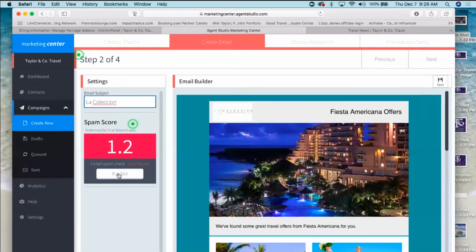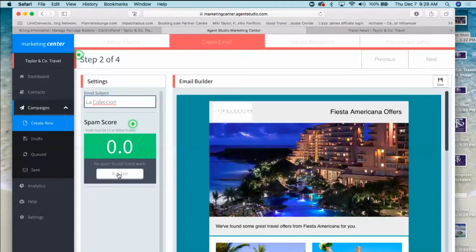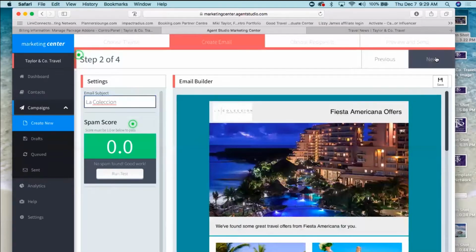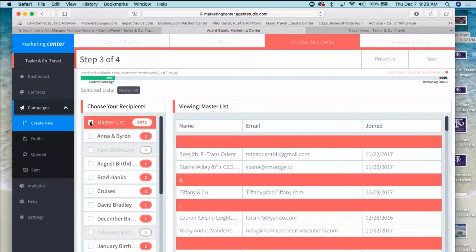Now, I removed the punctuation, and let's see if it will pass now by just removing that. And look, now it's at 0, it's perfect, it's good to go out. So with this, you don't make any changes to this. This is ready to go. So the only thing you have to do now is click next, choose whoever you want it to go out to, your master list,